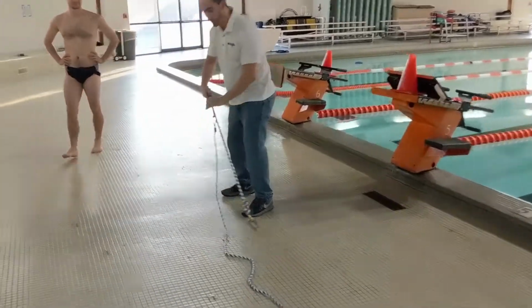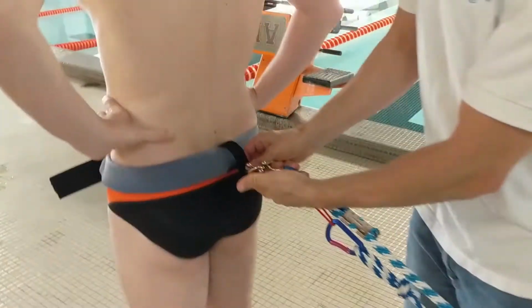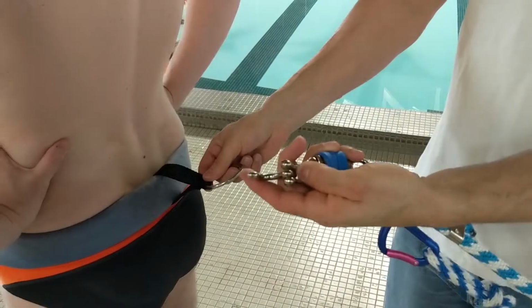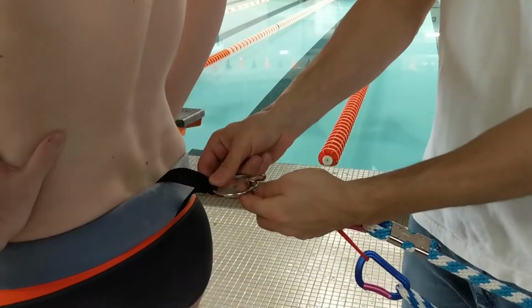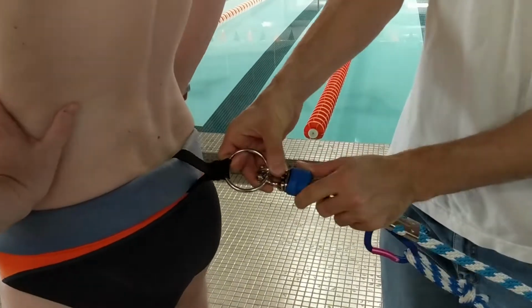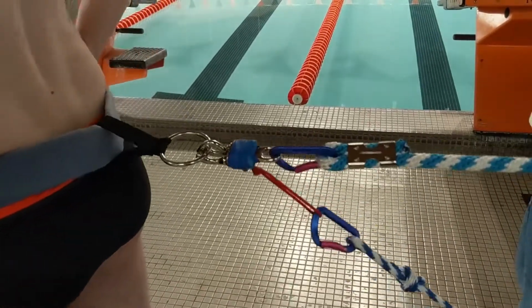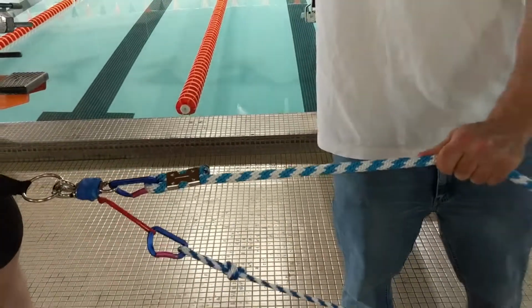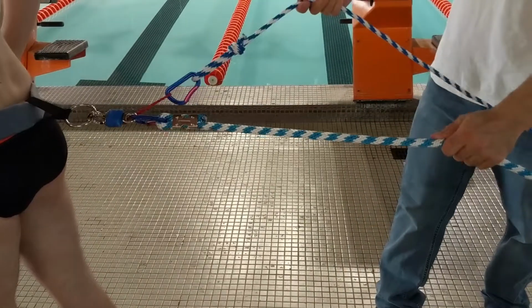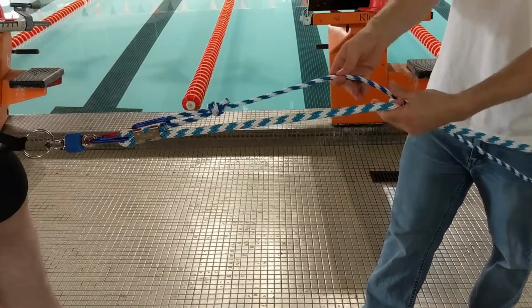All right, come here, come up closer. We'll show you how this actually works in slow motion. So we'll reattach Ben. So our panic snap opened up all on its own. We can reattach him here. So I'll get my fingers out of the way. Okay. So this is our power tower rope. It doesn't let go. But then our anchor rope, once the anchor rope comes to its full length, it pulls,